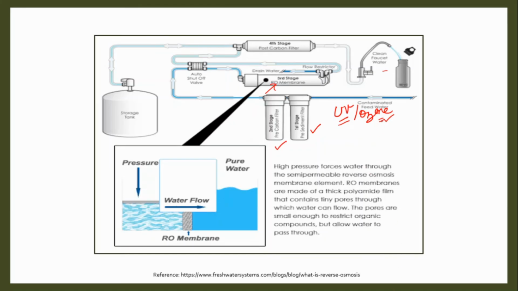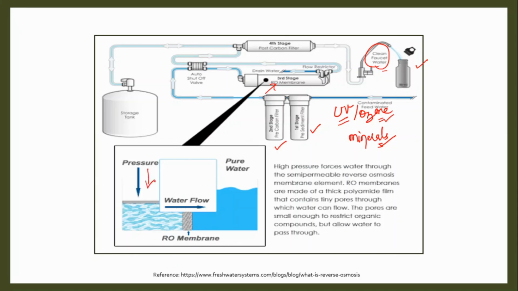And then you may find that in some of the ROs there is one more container which is the minerals container. That means at the end when you're going to get your water, since it is free from each and every ion, it is not fit for drinking because it lacks those nutrients which are generally required by our body. So what happens in the last mineral container is that it adds the required amount of minerals to the water. So the water which you are getting out of RO, you can call it mineral water because it is purified, and at the same time it has those minerals also in it. So that is how the RO process works.